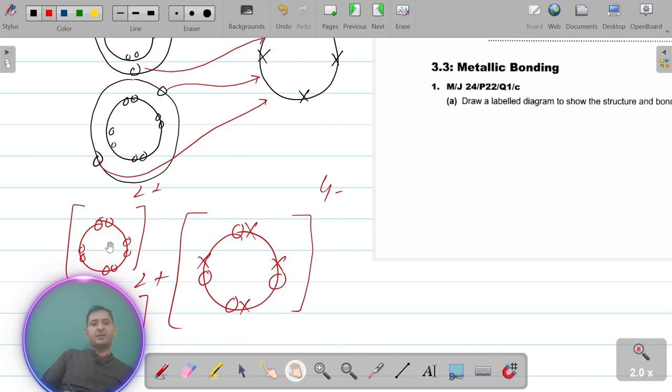Okay, this one. Magnesium is losing two electrons from here, and silicon is from group 4, 2 electrons from here and 2 electrons from here, so 4 negative charge. It is your final answer. Okay,